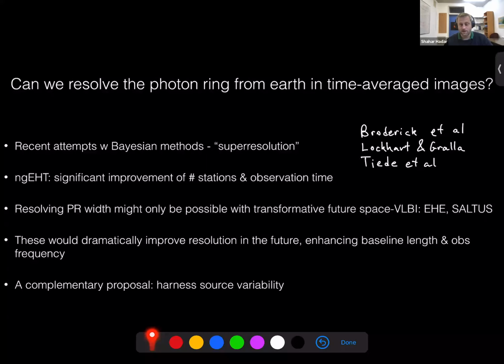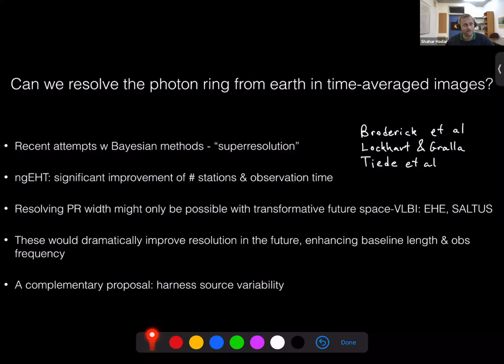There's a little bit of a debate about that, but at the moment it seems problematic, at least with the current results. Maybe some improvement will be possible in the future, but with the current results we get a photon ring which has about 50% of the flux in it, and that's problematic because